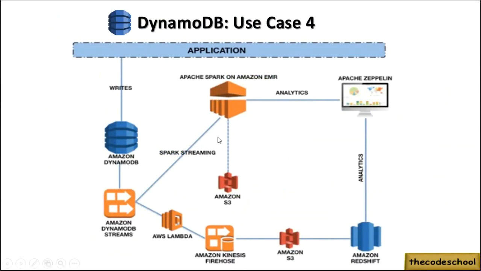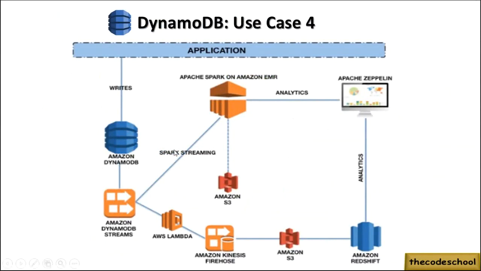So in this particular use case, we are using the DynamoDB for generating the stream. DynamoDB comes with the support for streams that's called the DDB streams. So DDB streams can be generated for any change or any update that happens in the database, and that stream can be